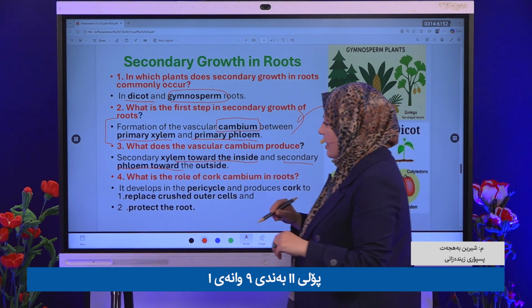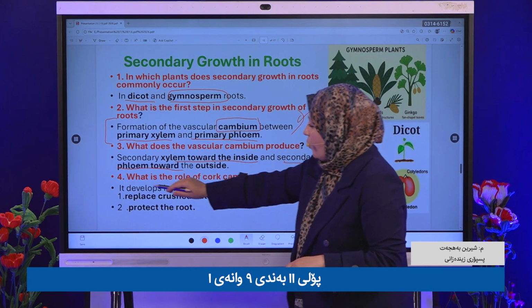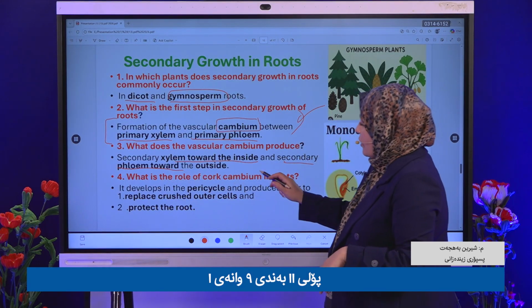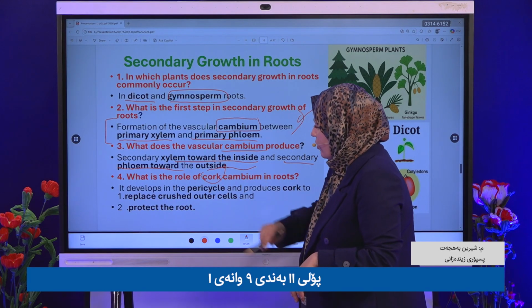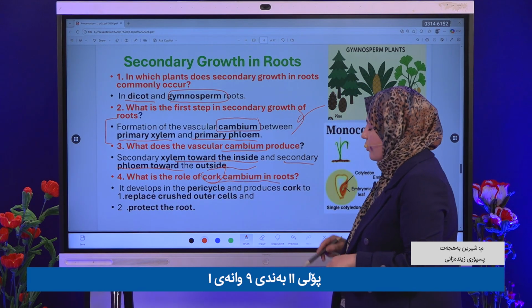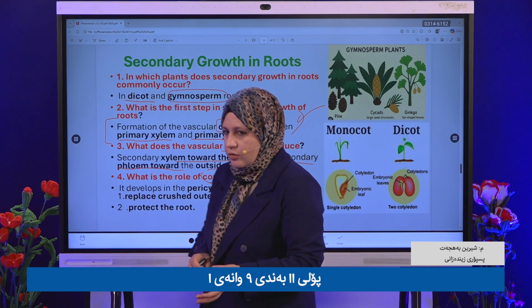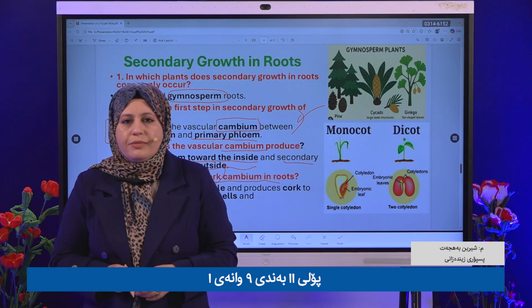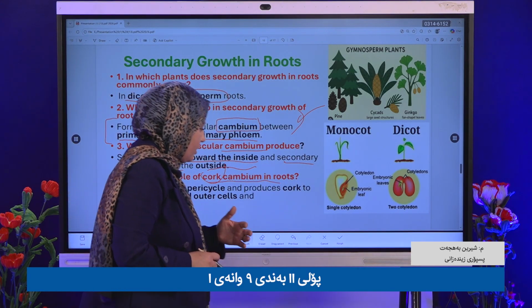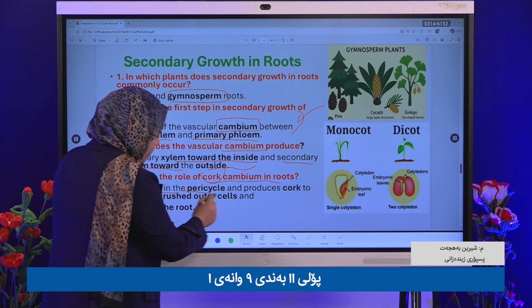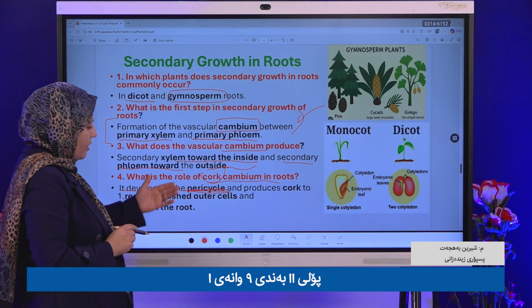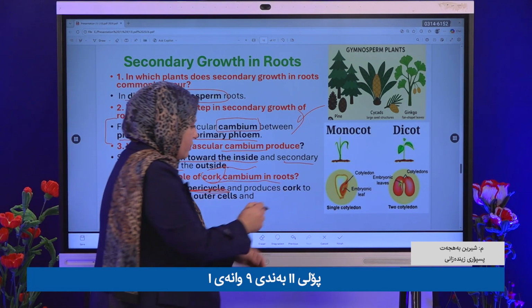Clear? Okay. So what is the role of cork cambium? In the root, cambium forms what? Cork. Why is it important to form cork cambium? When the pericycle develops and produces cork,